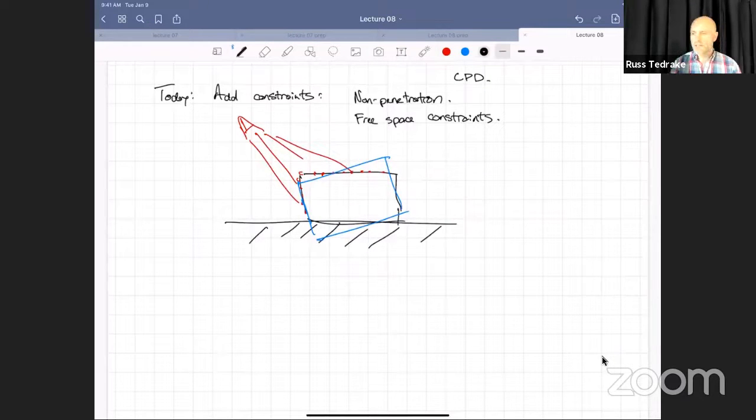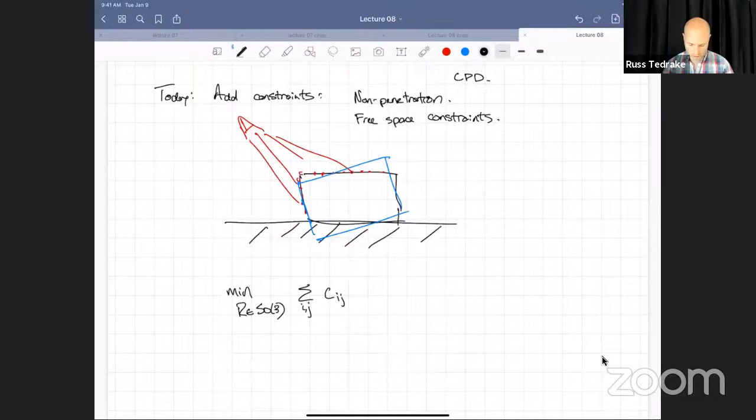How can we avoid it? Given, as our starting point, we were writing objective functions at the end of last time, which was minimizing, for instance, R in, remember I used my notation for R, it's just SO3, meaning R is some valid rotation matrix. And I was writing the sum over all possible pairs weighted by some weights that were, in the CPD case, given by these Gaussian kernels,